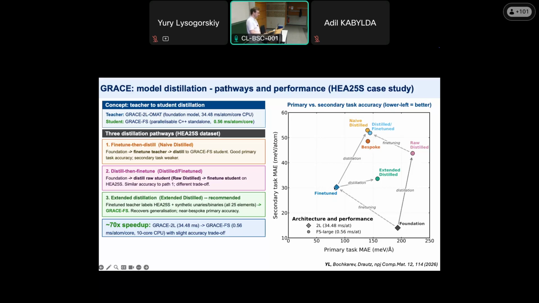So from this we can go, for example, through distillation towards this smaller type of models, which we call FS models. So this is a two-layer model. They're big and expensive. FS, they are smaller and less expensive.